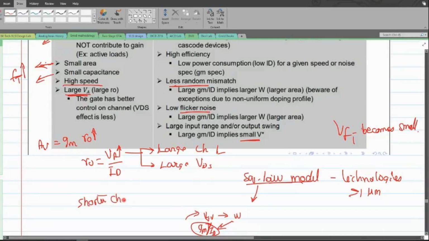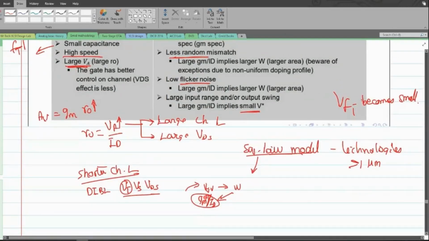The reason is that we have seen that when I'm dealing with shorter channel length, because of drain induced barrier lowering, DIBL, the threshold voltage of the transistor varies with respect to the VDS. Basically, the threshold voltage is no more constant when I go with a shorter channel length, due to which the VOV cannot be defined. So rather than defining a conversion between this GM over ID to VOV, I want to define a replacement variable for this VOV, and I'm going to call it V star. Okay, so V star and VOV can be considered the same.